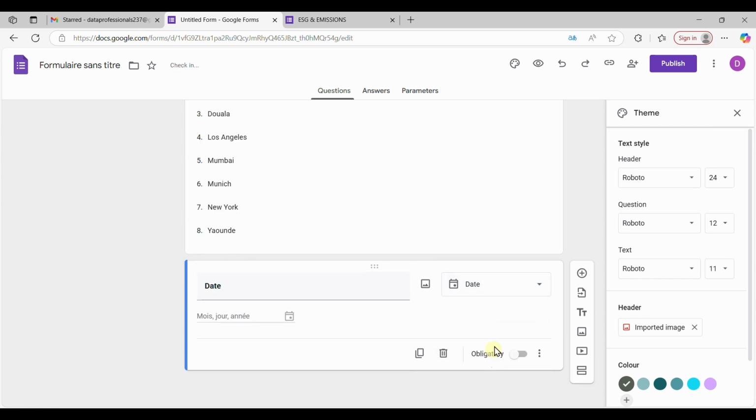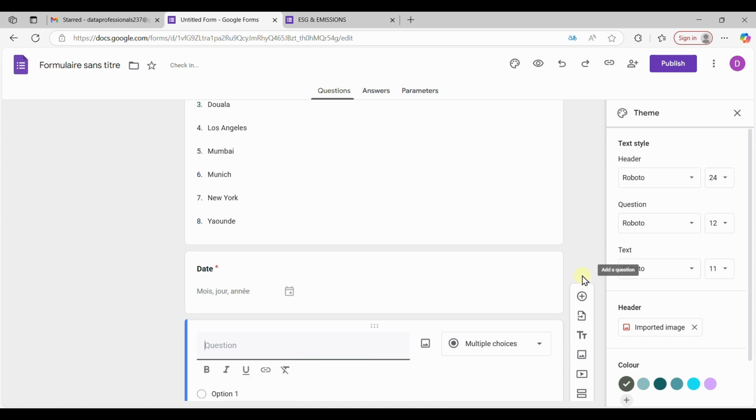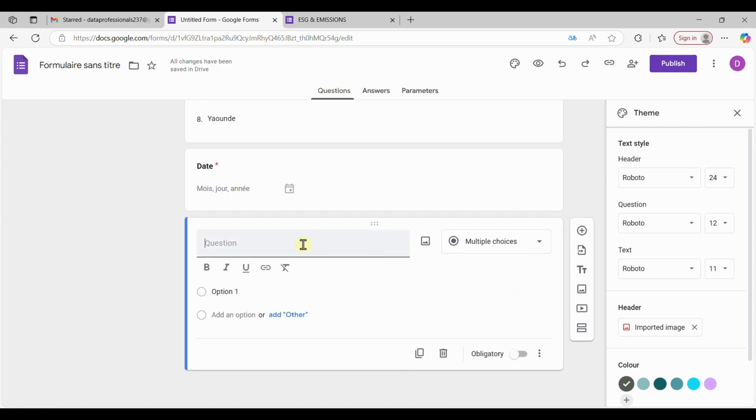The next column is the date. I'm going to select date as the data type and tick this box to make the question mandatory. I click on my plus to add another question. I'm going to call it